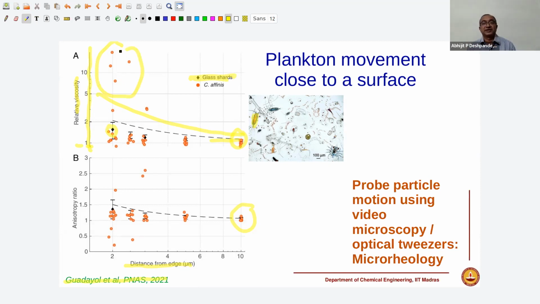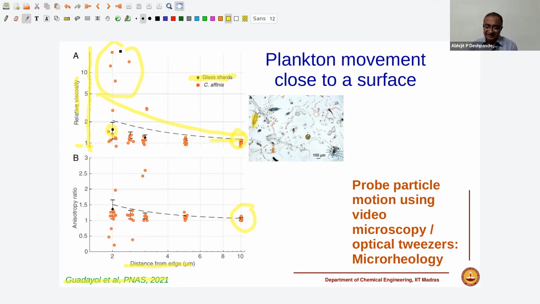Naturally, if you want to measure the mechanical response of what this plankton sees when it approaches a solid surface where it might adsorb, form a colony, or aggregate, we really need to understand the microscopic